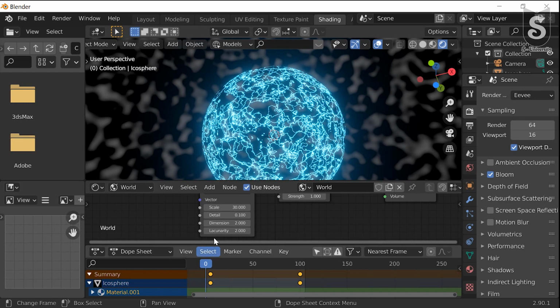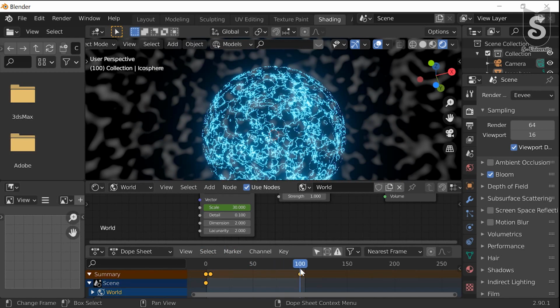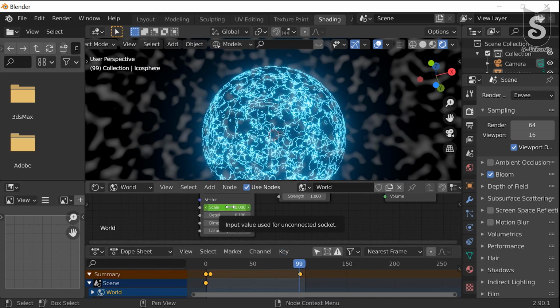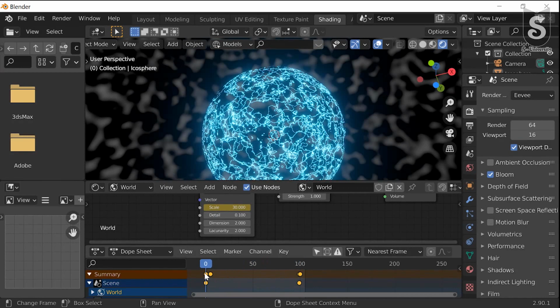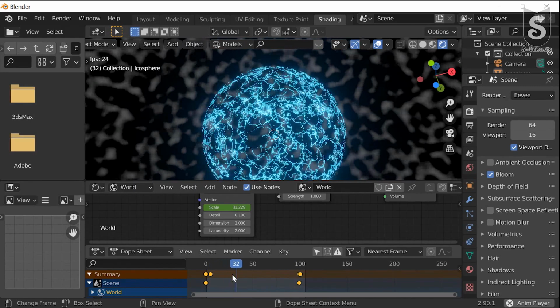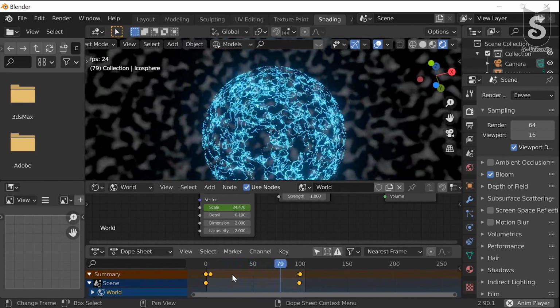On frame 0, scale, press I for keyframe. At 100, press 35. Now insert keyframe by pressing I. Now we can see what our animation looks like. Our animation is looking good,